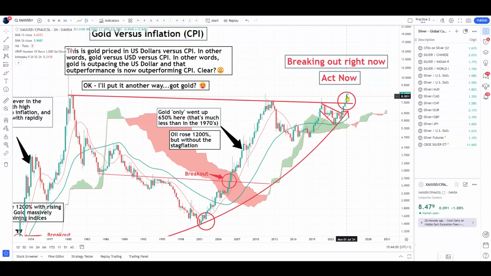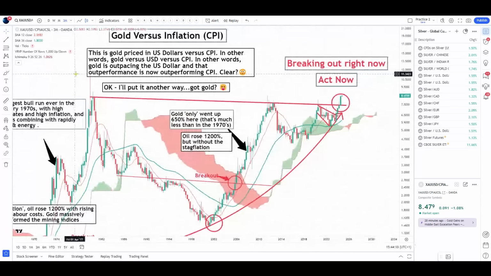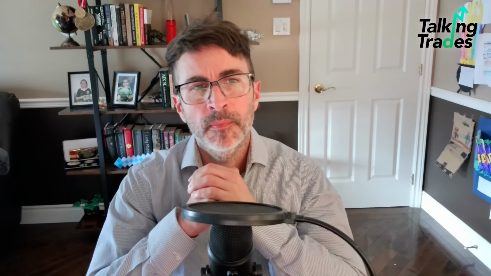We've got a confirmed quarterly breakout at the end of September, and that goes all the way back to 1980. It passes through the highs in 2011 back to 1980. So this is another hidden indicator that you put together with all those previous hidden indicators, Pat, and it tells us exactly what is happening with gold, and it gives us very strong clues as to where gold is heading over the coming months and years.